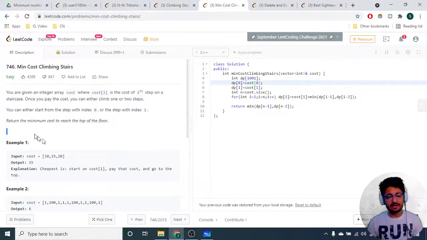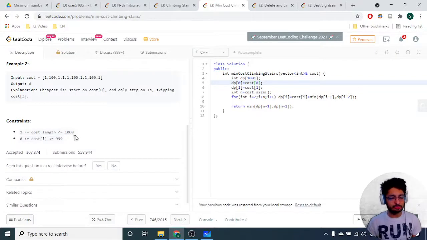So as you can see, the length is up to 1000. So I just make a DP table. Just add 2-3 values for buffer. So if the total number of staircases is 1000, just make a DP table for 1002, 1003, whatever you want. Just don't make it less than 1000. Equal to 1000 is also fine, but just take some buffer values. That's why I have made a DP table for 1001.